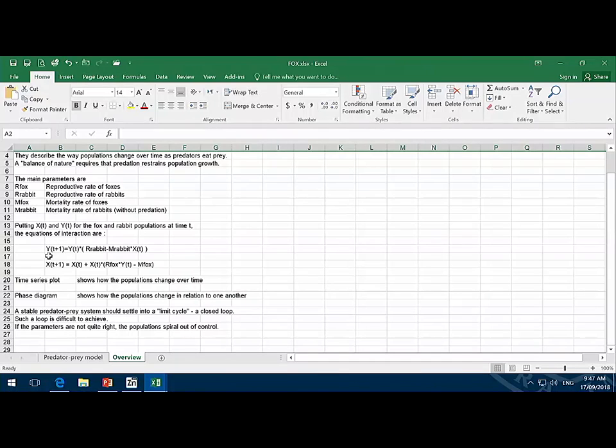Right, so the number of rabbits is given by this. We take the reproduction rate of the rabbits, we subtract the morbidity rate of the rabbits, and we multiply that by the number of foxes, right? So basically, this is the increase in the number of rabbits at a particular time, which is given by the number of rabbits. This is the morbidity rate of the rabbits, they're just dying off, which is accelerated by the number of foxes